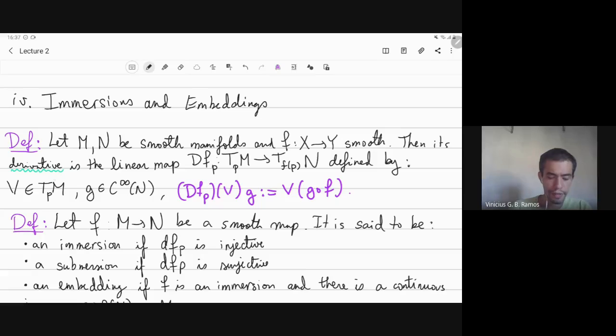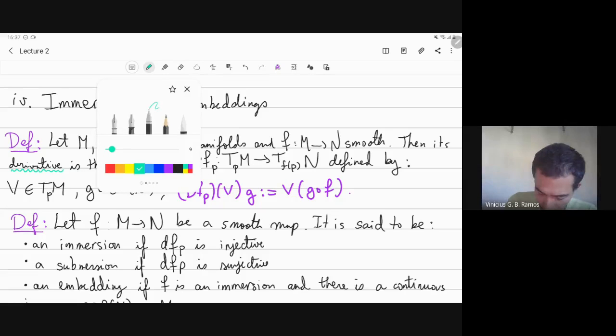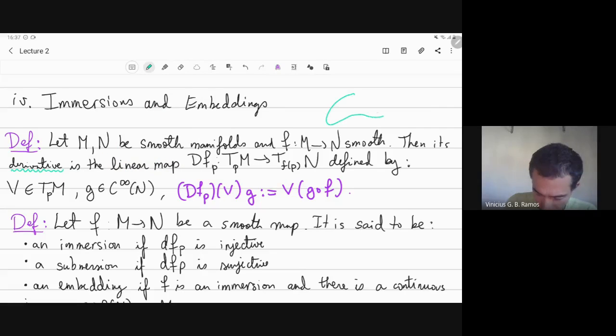its derivative or linearization at a point p is the linear map dfp that goes from the tangent space. Sorry, I meant to write M and N here. That goes from the tangent space of M at p to the tangent space of N at the point f of p. So let me draw. So here's my manifold M,